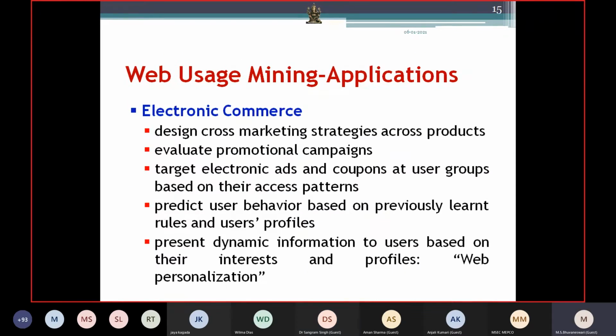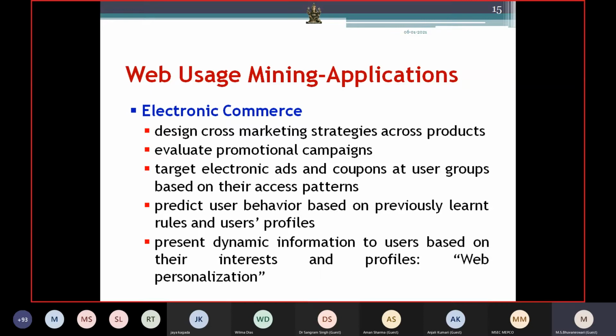Next, web usage mining has a specific application, electronic commerce. As I have told you, e-commerce is effectively using this. It is used to evaluate promotional campaigns. What can be done? Cross marketing and cross selling. Cross selling means if they are buying a laptop, I will make them buy my printer also, or a mouse or a headset.